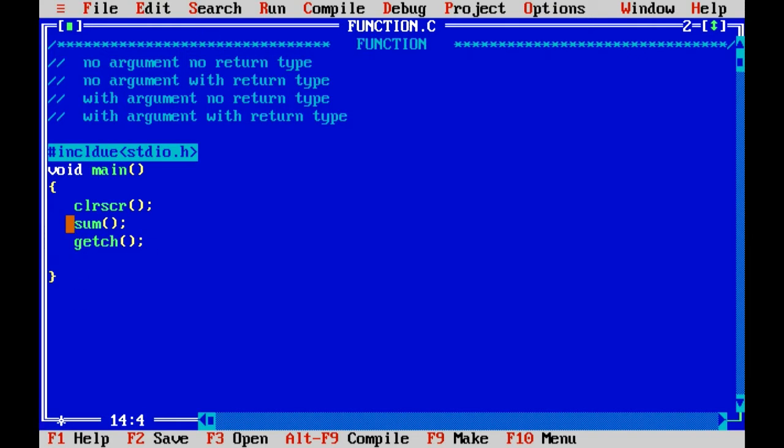Here we are calling a function sum. This is not a library function. Sum is not declared in any library, so we are creating a user defined function for it and calling it. To create it we need a return type, the function name and the arguments, and inside the curly brackets we have to give the code. In our case we are doing no argument and no return type,